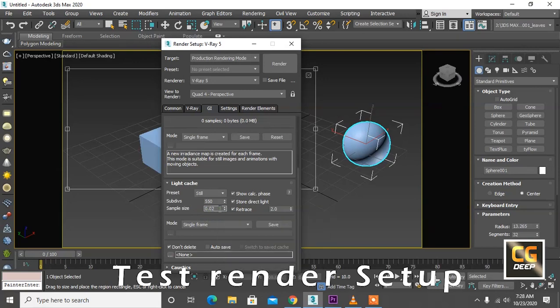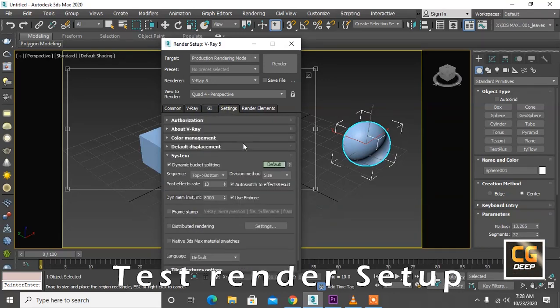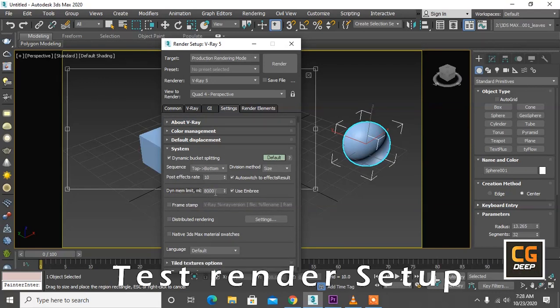And type 0.01 sample size, disable retracing, and just now go to the settings and select top to bottom, and dynamic memory limit at 1000. It will not consume your RAM.